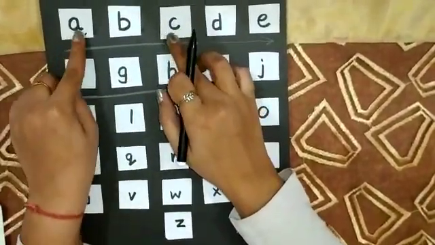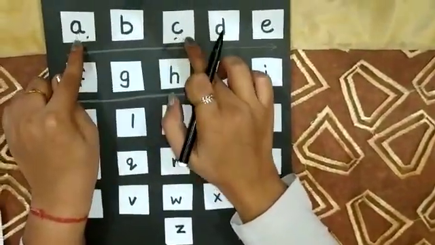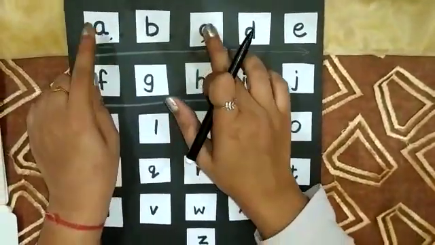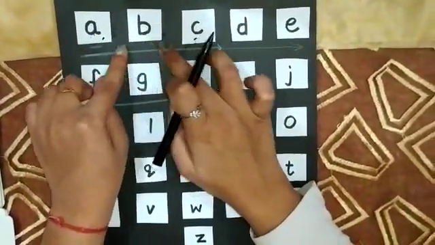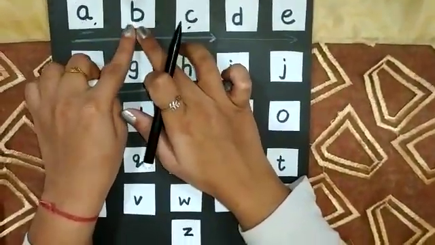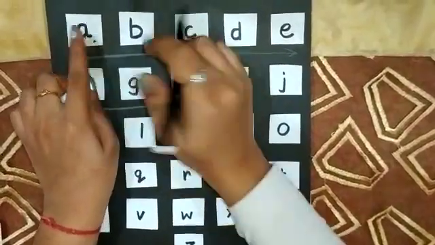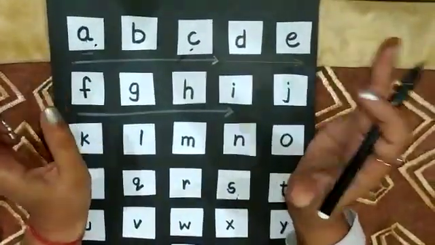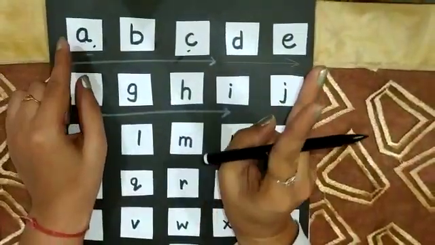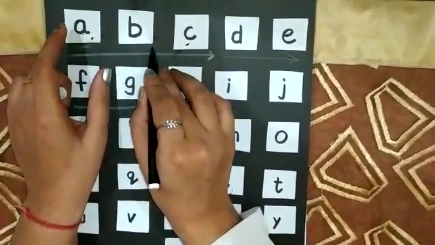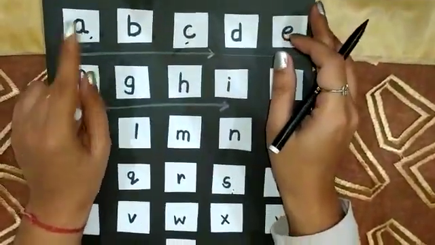Now what comes between the two given letters? Suppose here is written A and here is written C. Now in between what will you write? What comes in between? It's B. B bar ball. In between, you are learning what comes in between. Two letters will be given to you and in between one dash is there. You have to fill that dash.